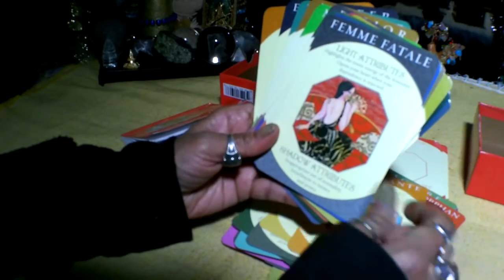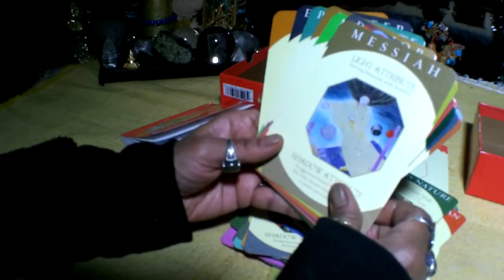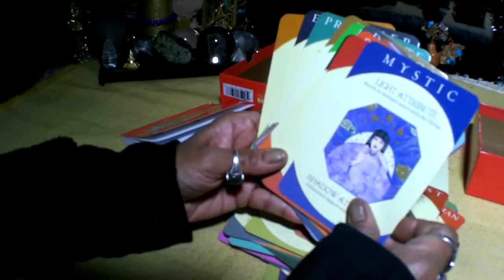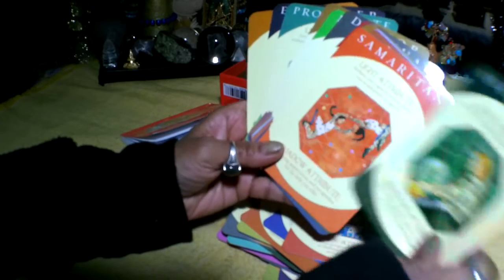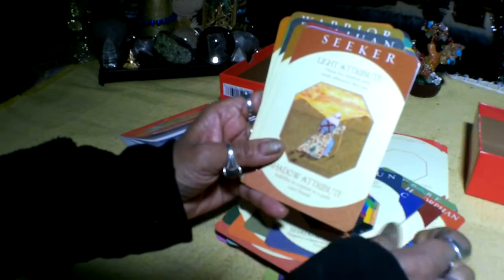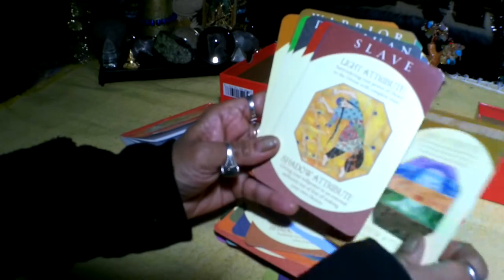dilettante, femme fatale, the liberator, child nature, messiah, the rebel, the hedonist, the mystic, queen, advocate, Samaritan, the exorcist, the monk or nun, a seeker, virgin, the shapeshifter, slave,